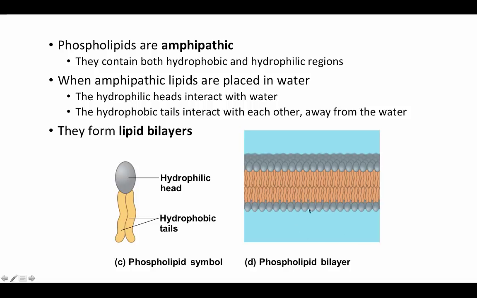So you can say that maybe this surface is the interior of the cell, which is full of water. This surface is the exterior of the cell, which is in a water medium. And so all of these polar regions are interacting with water. The water is happily interacting with them, and the hydrophobic regions are sandwiched in between these, not interacting with water